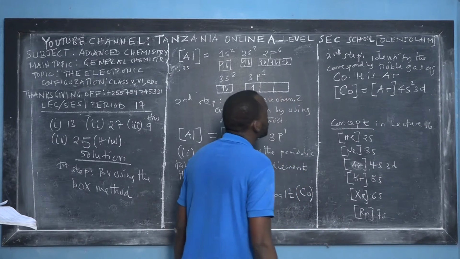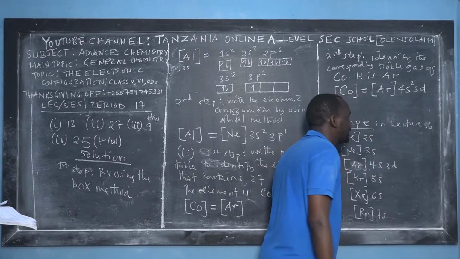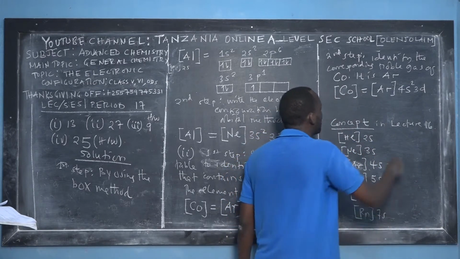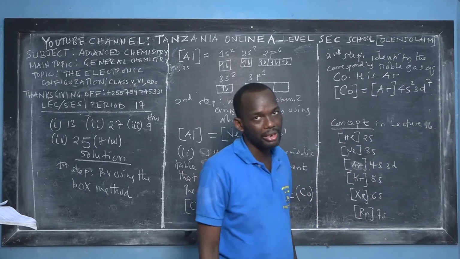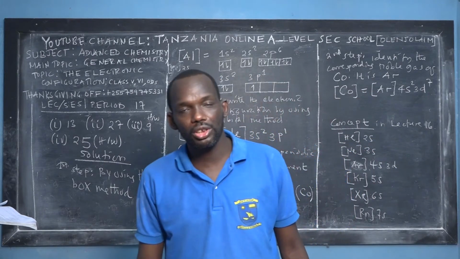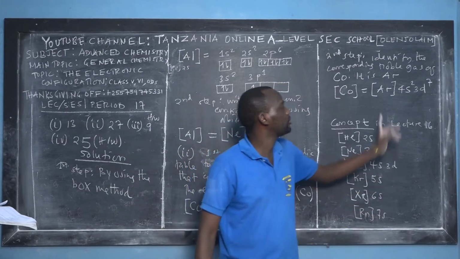And then how many electrons remain? We have 18 plus 2, it is 20. 27 minus 20 is equal to 7. So all the 7 electrons will be filled in what? In d orbital. But remember that Hund's rule should also be followed, that in case of d